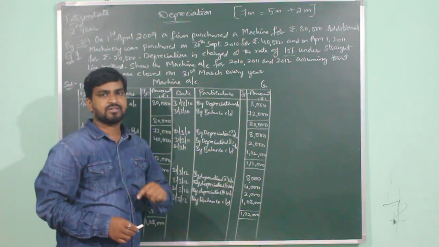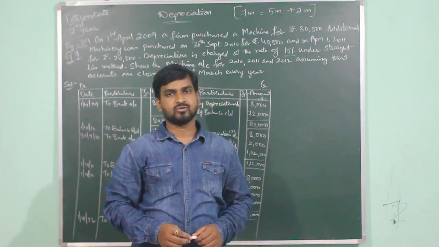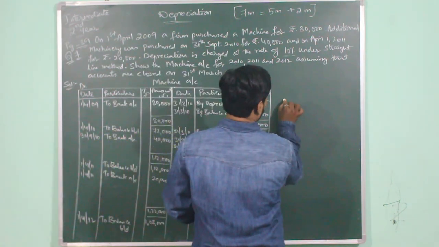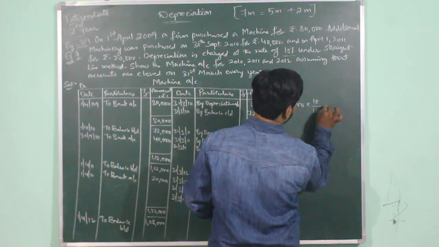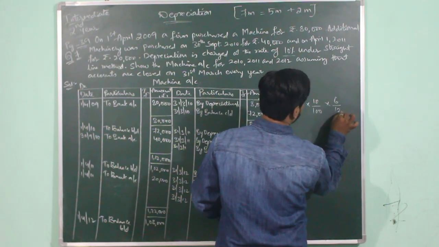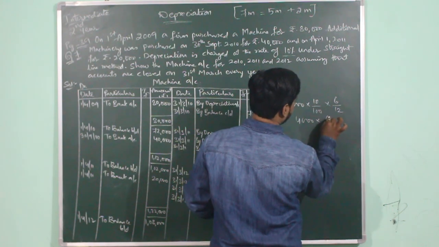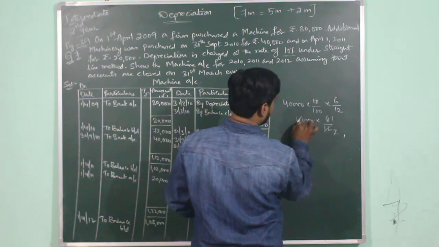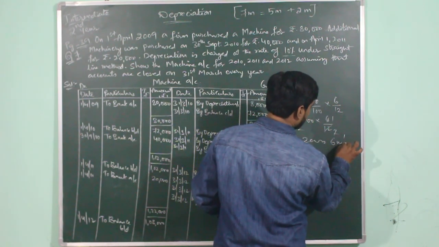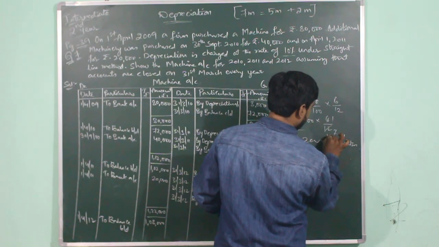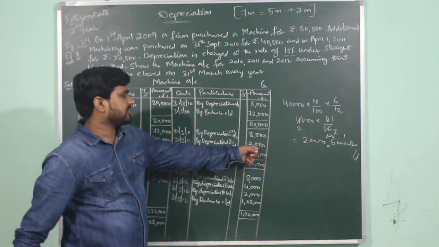तो पूरे 1 year का depreciation 4000 है, 12 months का depreciation 4000 है, तो 6 months का depreciation क्या आता? 2000 आता. उसका calculation कैसा करेंगे आप? 40,000 into 10 by 100. This was the rate of depreciation. But as we are using the machine only for 6 months, then 4000 into 6 divided by 12. 6 1s are 6, 6 2s are 12, 2 1s are 2, 2 2s are 4. Then the amount will be 2000 for 6 months. So here the depreciation on the second machinery will be taken as 2000.